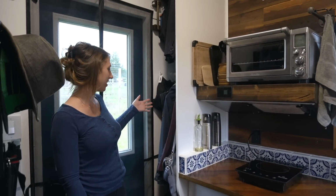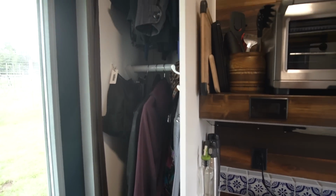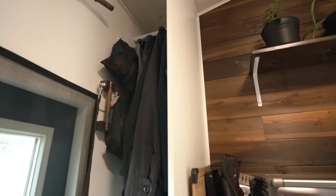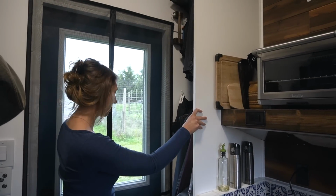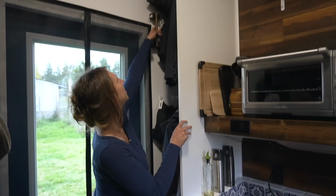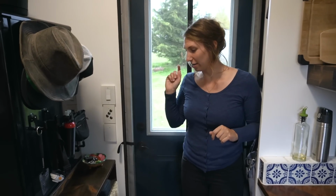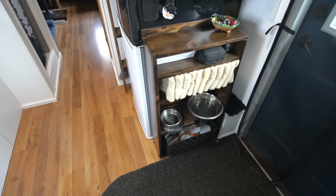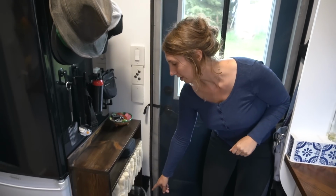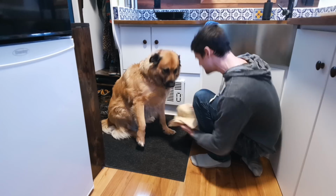So this is the entrance to our tiny house. You walk in and on the left we have a storage closet where we keep our shoes and coats and hang my purse. And we also have kind of an upper level for Jake, and he has a handle here that he can just step up on and access his stuff. And on the right hand side we have a storage shelf where we keep a little bin for recycling, our dog's food and water dishes, and these are dog towels that we use to wipe his paws